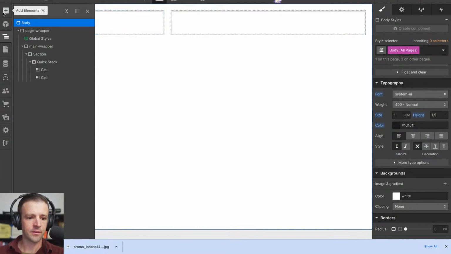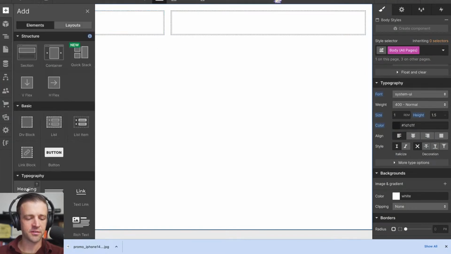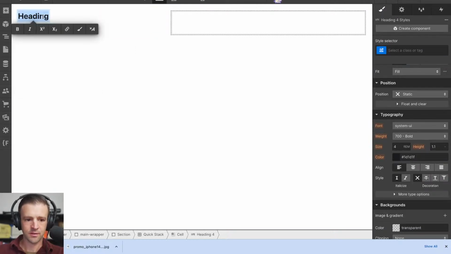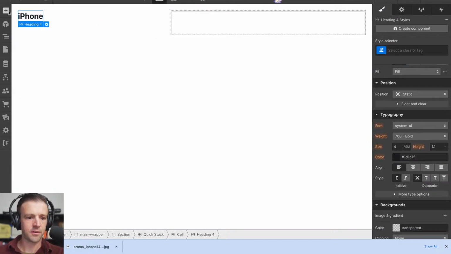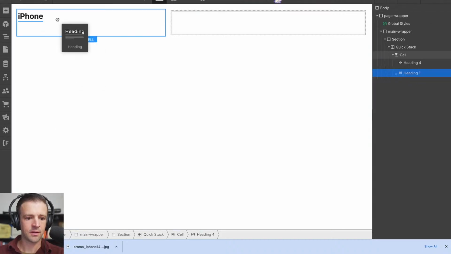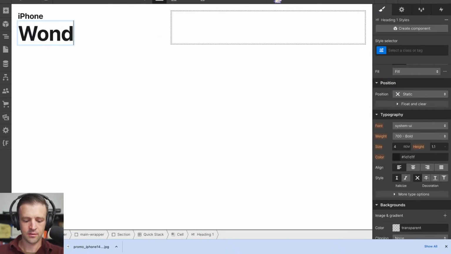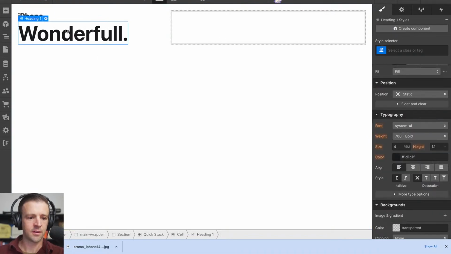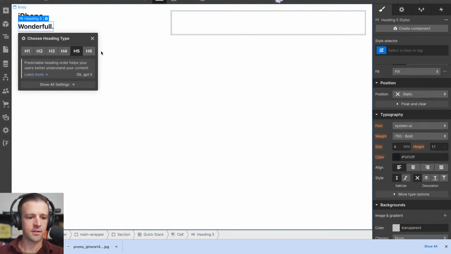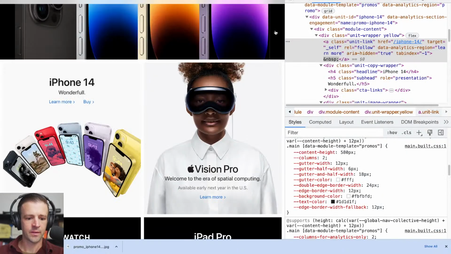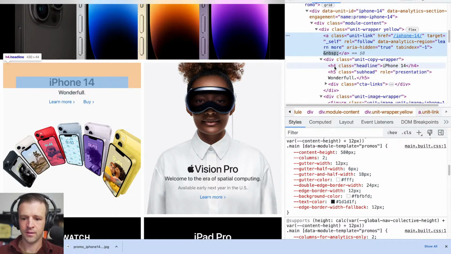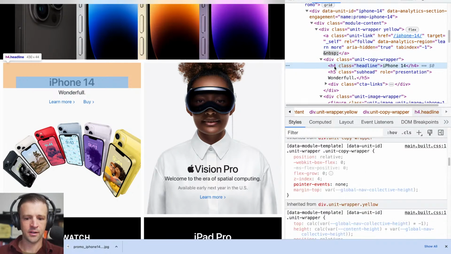Okay. So we had our H4 and our H5. So let's just start dragging those in. iPhone. And drag this in. Wonderful. And this was an H5. And what are the sizes on this? So the headline here,